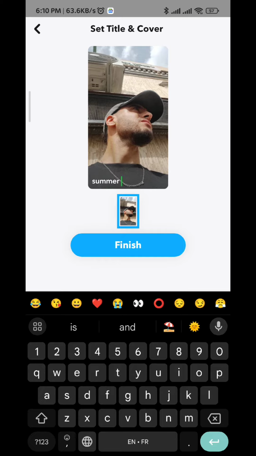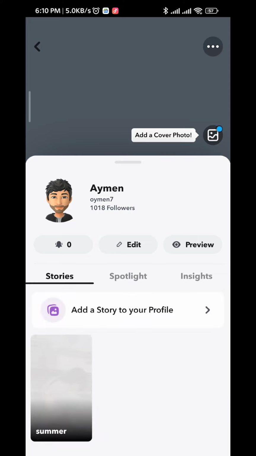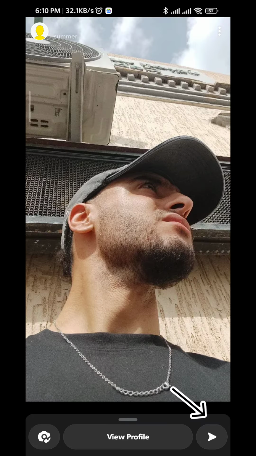From here just give it a name and then tap on finish. Wait for a second and it will be added to your account just like that. You can tap on it and tap on this symbol right here and it will be added,